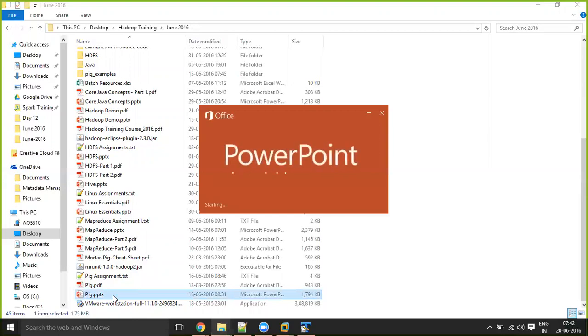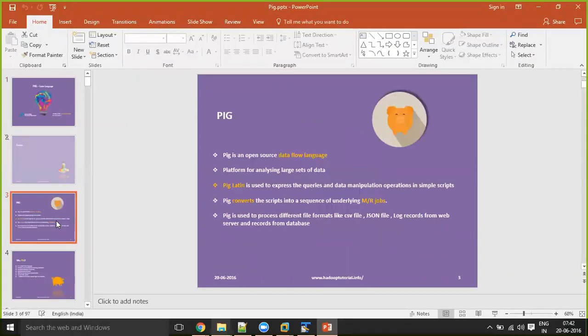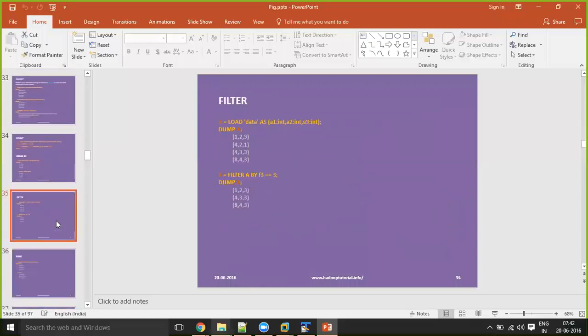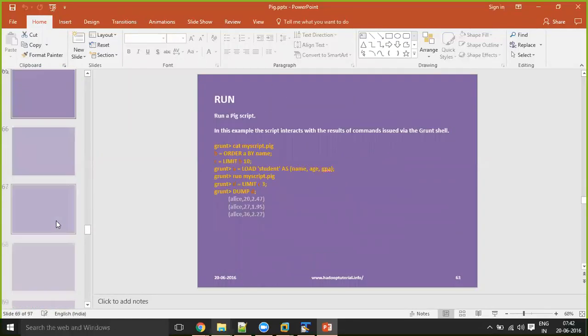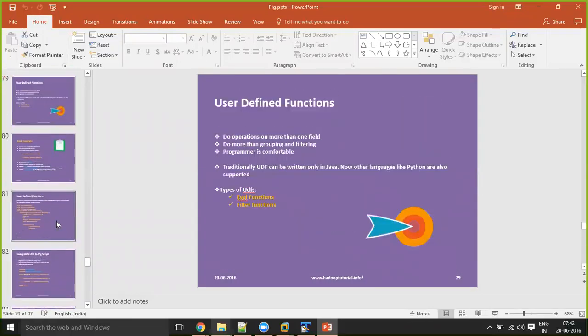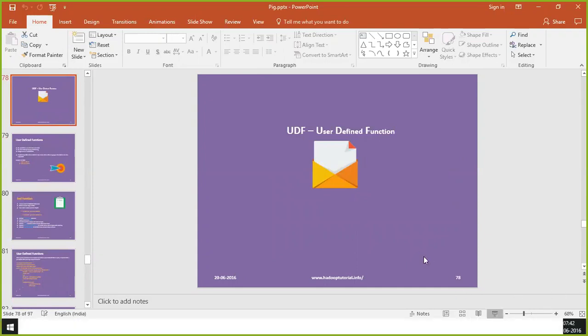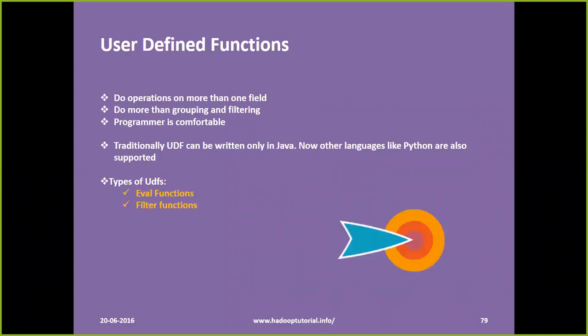In case you want to write any user defined functions from your end, you can specify them. So we'll go through those user defined functions now, and after that we'll discuss the Pig optimization techniques. Okay. So you have seen some Pig built-in functions, and some of the